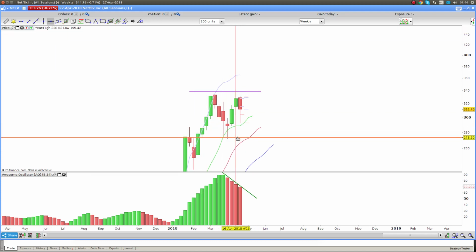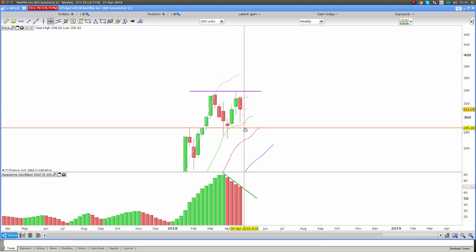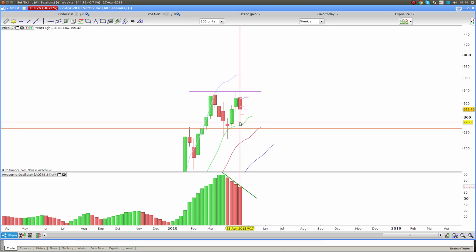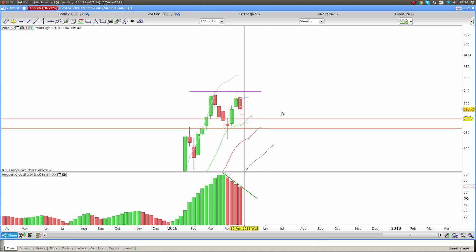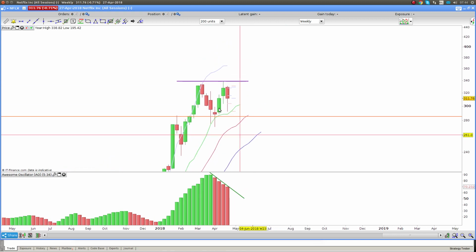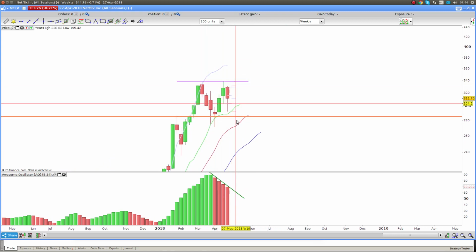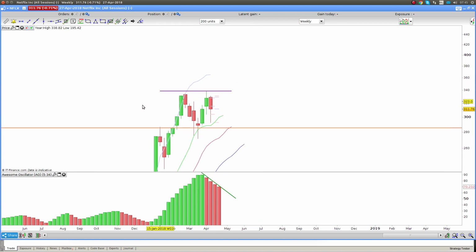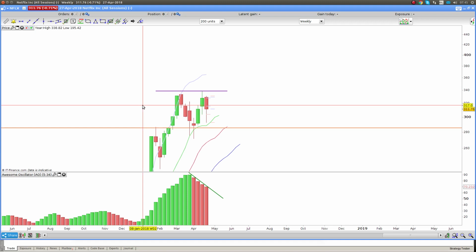And your bottom, as I say, I'm going to take the top of that pin bar there. This is close, that's close. So this is kind of the area that you need to watch out for. Break below here, you can expect some downside. Break to the upside, then this is just a consolidation for another move. For me, I think I'll just stay out of it until we get some more confirmation.